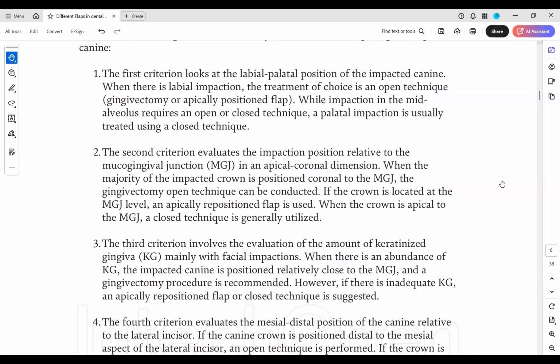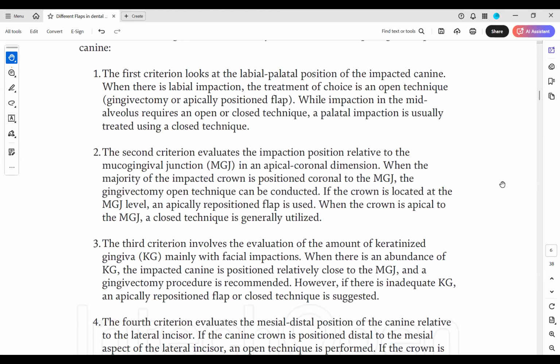So now when the open technique is done, you will be required to do some flap procedure to make the canine open into the cavity. Now, the name indicates what is going on. So, when you have an open technique being followed, that means your canine will remain open in the oral cavity and your orthodontic traction will happen by bonding, and the canine will remain open and you're bringing it down.